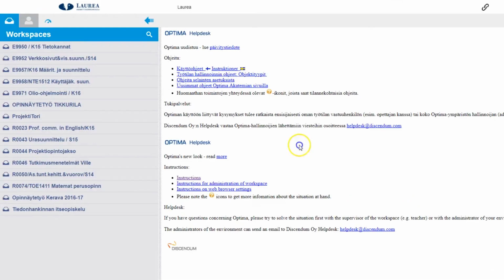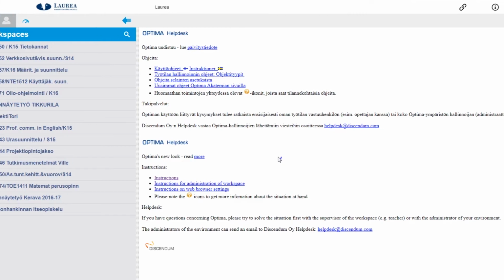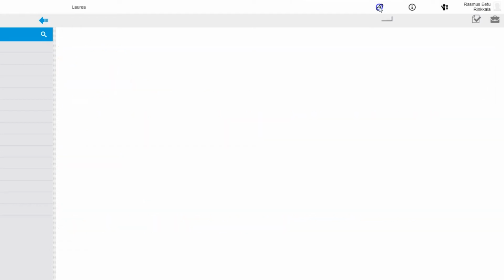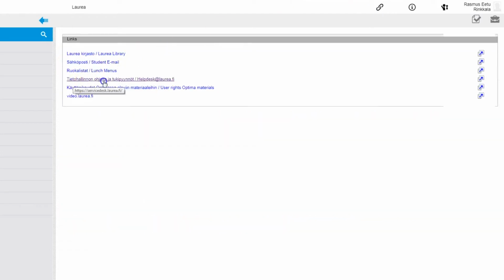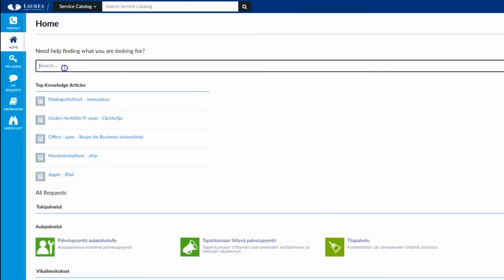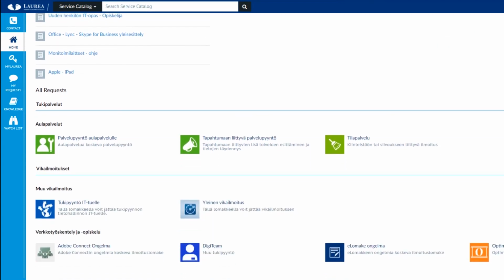If you still don't find what you need, you can go here. Again, in the far top right corner you'll find this link icon, and here you'll find this link, basically helpdesk at laurea.fi, and if you open it you'll find the help desk portal, and here you can search answers to your problems, and if you still need help you can go here,